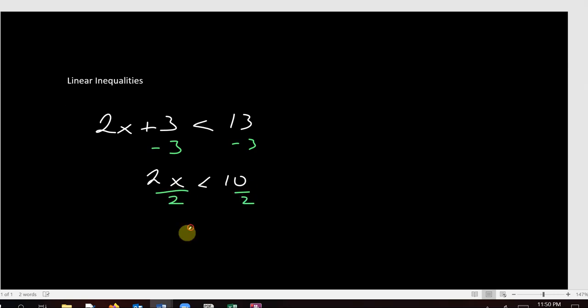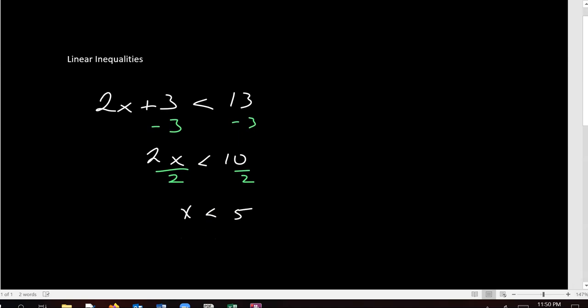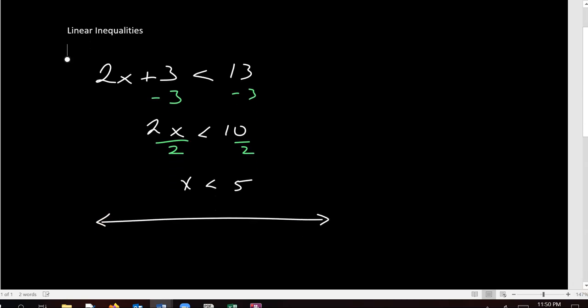Now once I divide by 2, I leave this inequality symbol alone because 2 is a positive number, so x is just less than 5. I could graph the solution. I could write that in interval notation as well. So if I want to graph it,